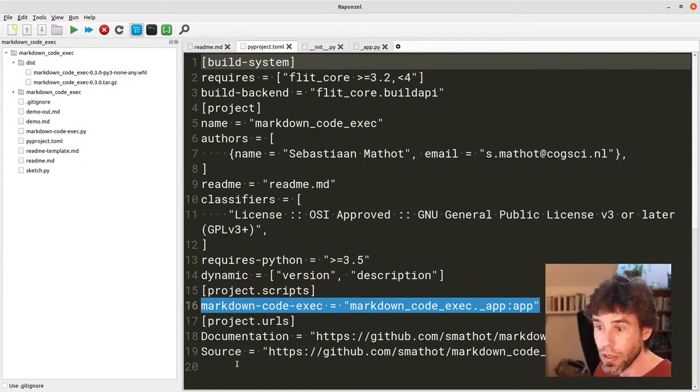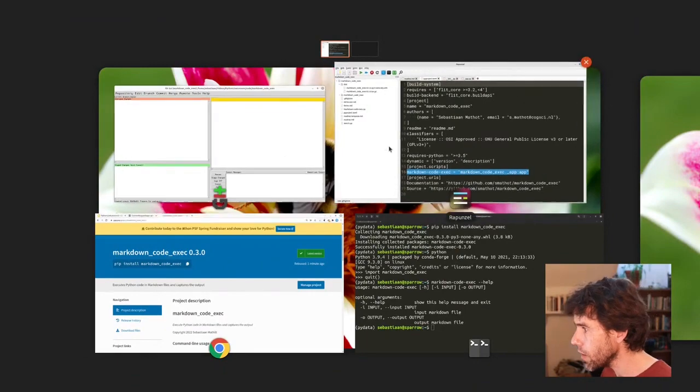You can specify dependencies that will be automatically installed. There are no dependencies here because markdown code exec doesn't have dependencies. But if it did, we would have specified them here and they would have been automatically installed. And that's it. So I think to close this off, let's